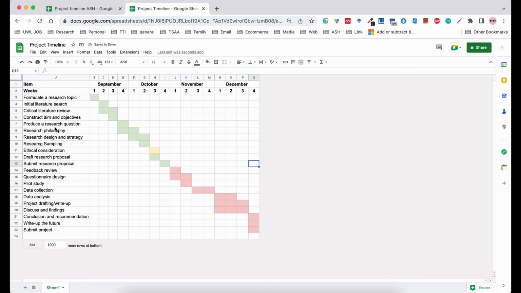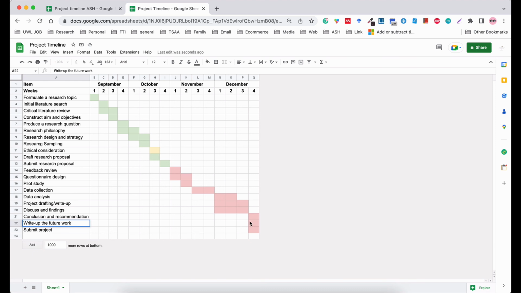Remember, because you need to proofread your work, if you're going to have a space for proofreading, it might be very good for you to add it as an item here, and then add when you're going to be proofreading the work. Sometimes you need to make changes. You can see that you're doing a lot in the last week. So in the submission week, you're submitting the project, you're writing up your future work,